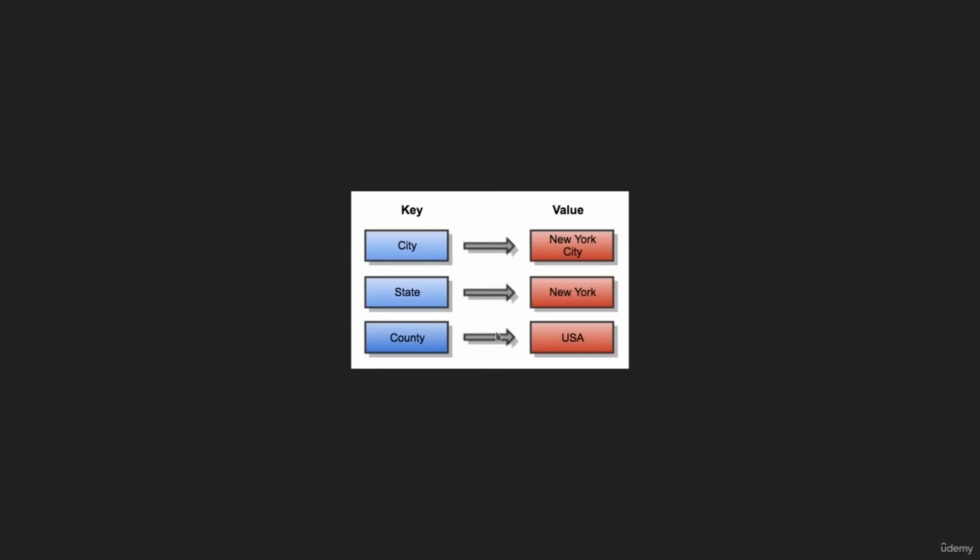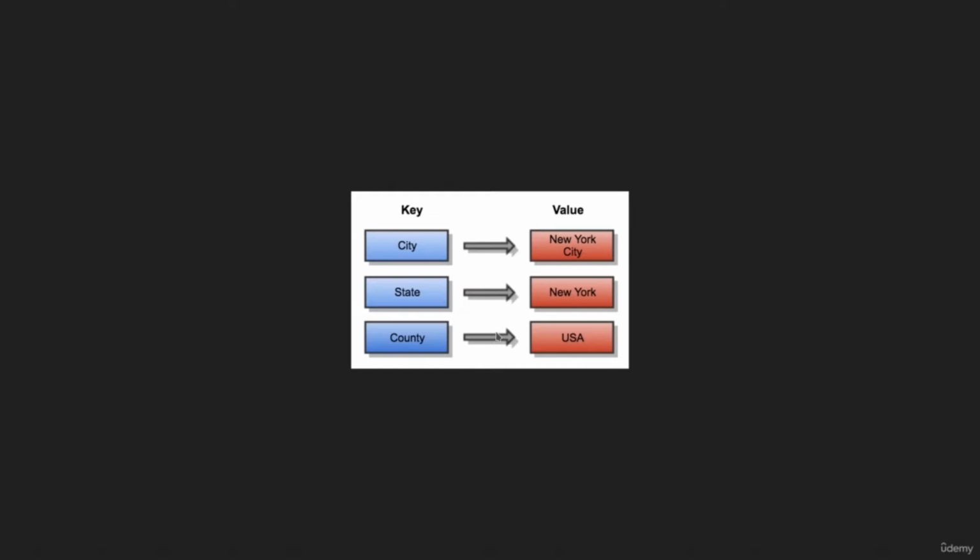So if I say to the Redis database get city, it says New York City. If I say get state, the key state, it returns the value New York. If I use the key country, say get country, it returns the value USA. So it's a key value database where keys and values are stored as pairs, and you can use the key